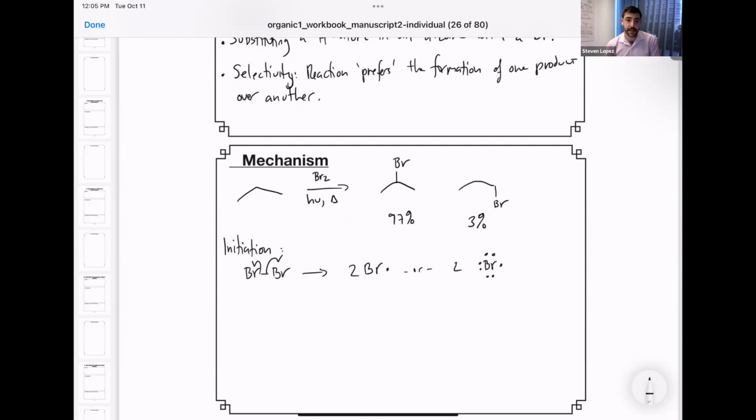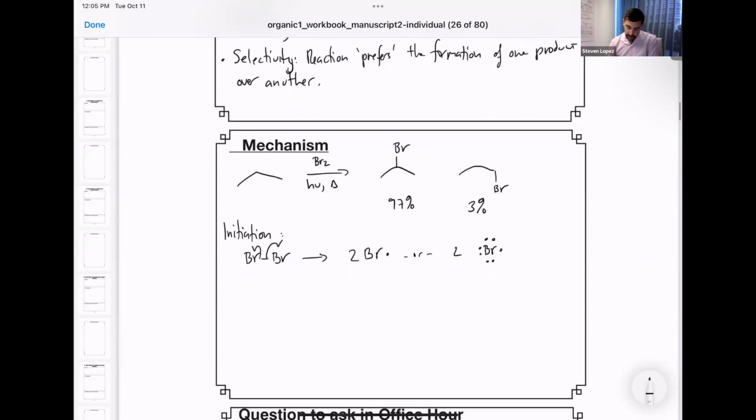This gives you a hint that this is a reactive intermediate because it does not have a satisfied octet. This bromine radical will then interact and react with the propane itself. This is called a propagation step. So here, the bromine radical is abstracting the hydrogen from the 2 position. Notice again, all fishhook arrows. This leaves a radical on the secondary position plus HBr.